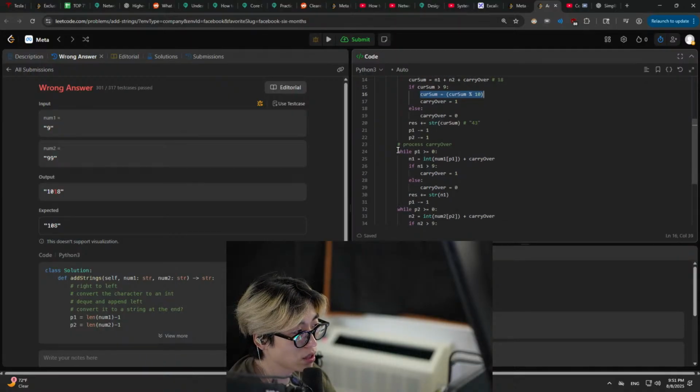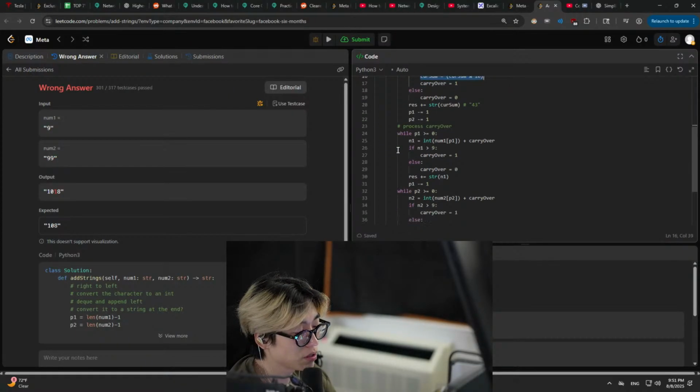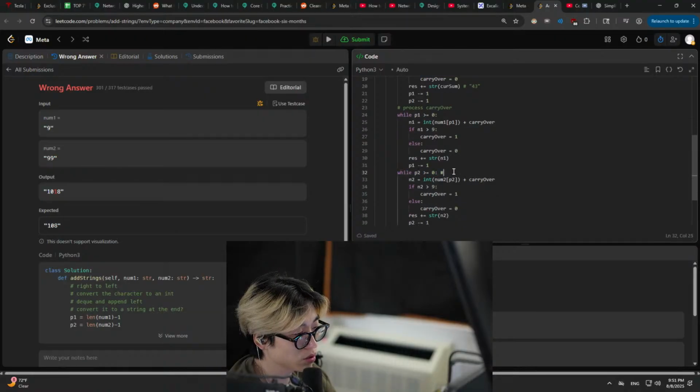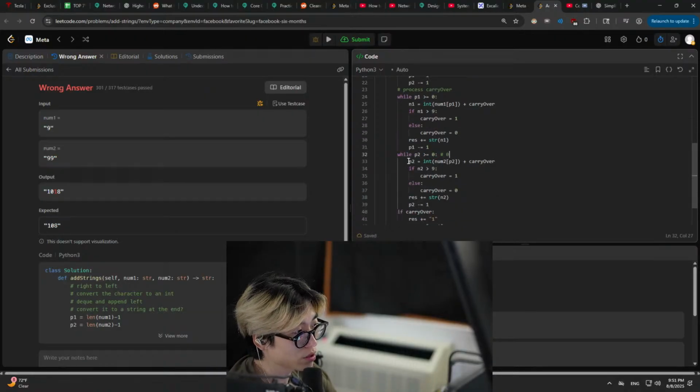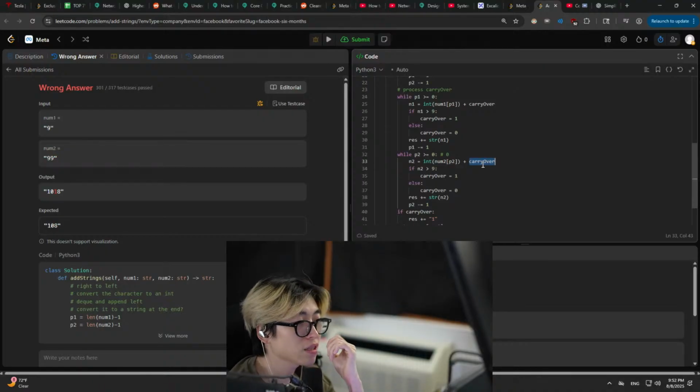And then we'll say while p2 is greater than or equal to 0. So p2 is actually equal to 0 right now. And we're saying n2 is equal to int of num[p2], which is 9, plus carryover, which is 1. So why is 9 plus 1? That's 10, right? But there's 2 edge cases though, right? If it's the last digit, you just don't